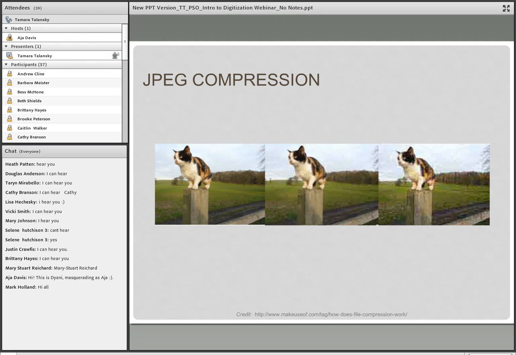And here is just an example of JPEG compression on various levels. So as you see, as you keep compressing the image, you lose more and more data left to right.